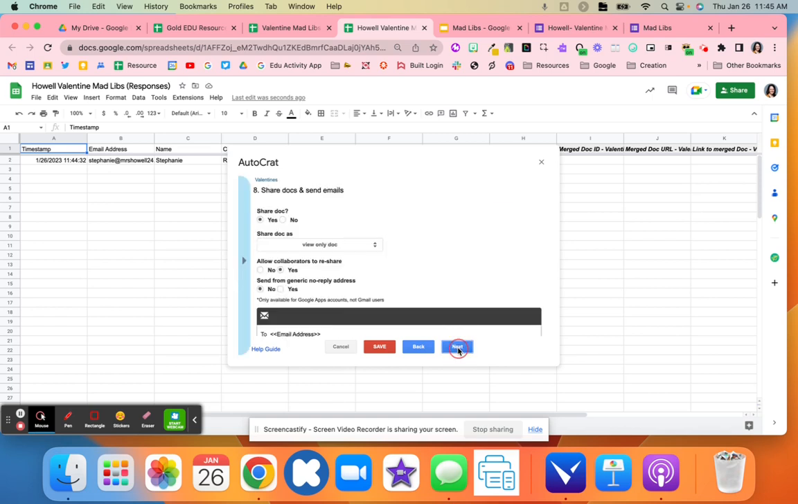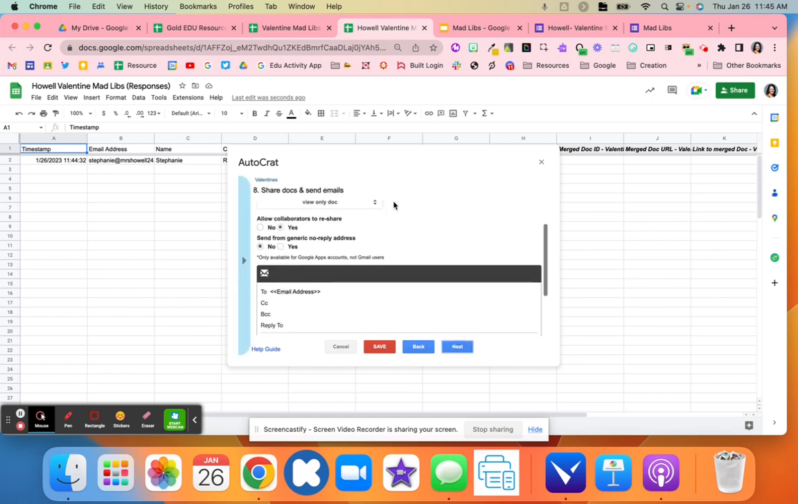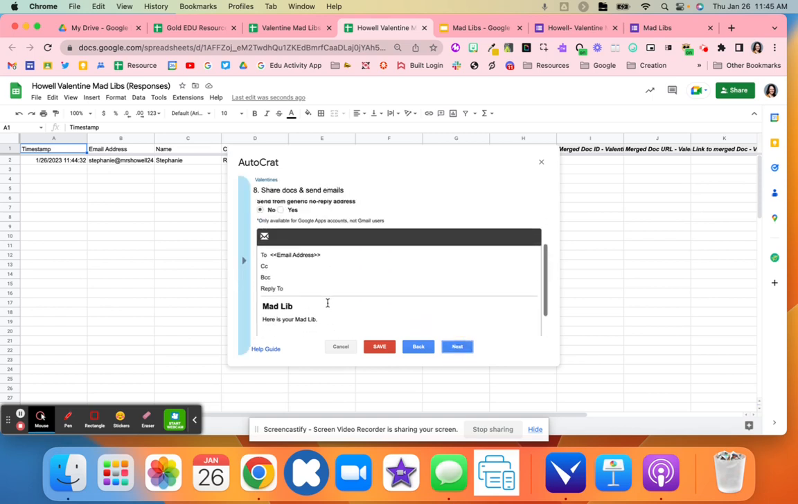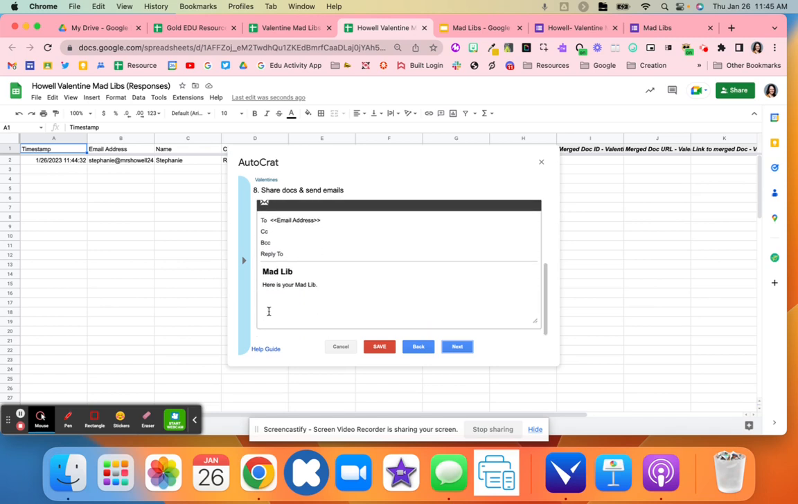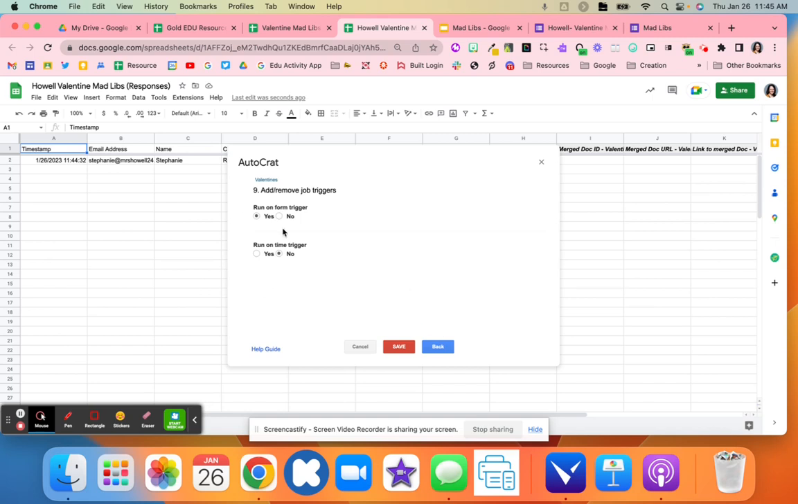After that is done, it's going to send them an email with their Mad Lib. So I just did email address, Mad Lib, here's your Mad Lib, and then they'll be able to see it. I do want them to get the email as soon as they hit submit, so that's why that is yes. I'm going to hit save. And now when I hit the play button,